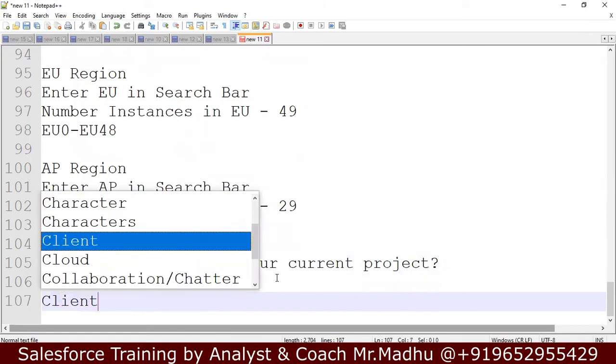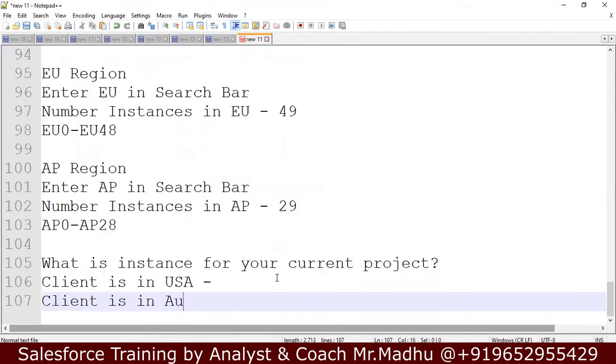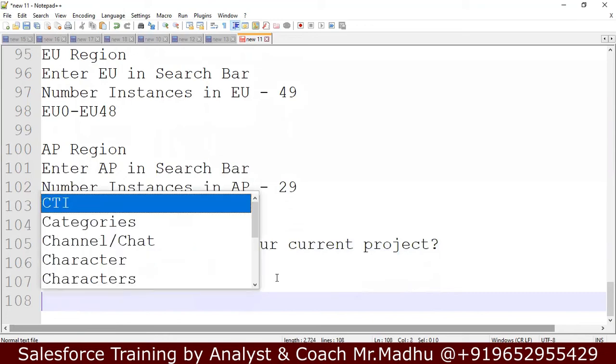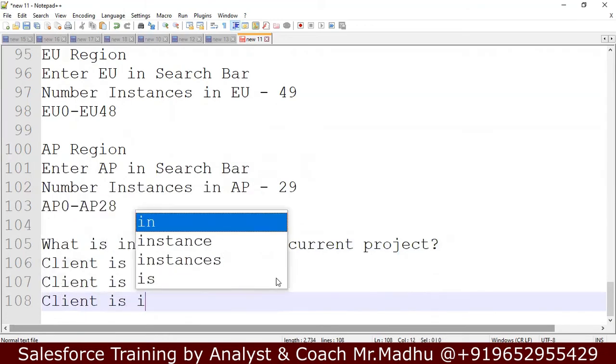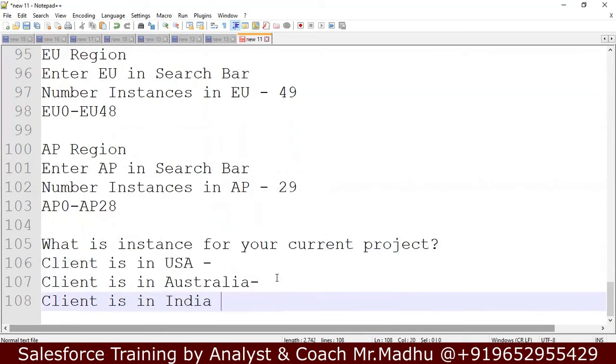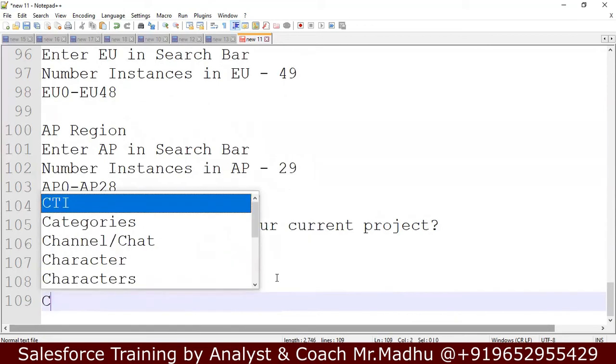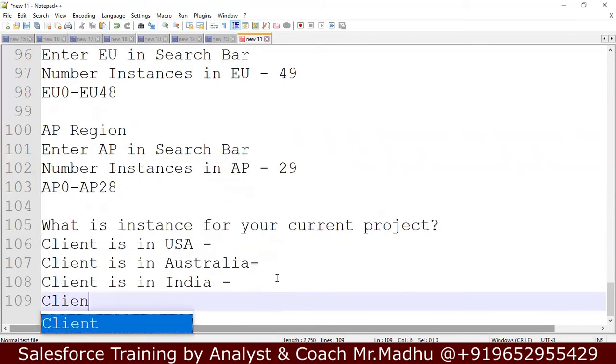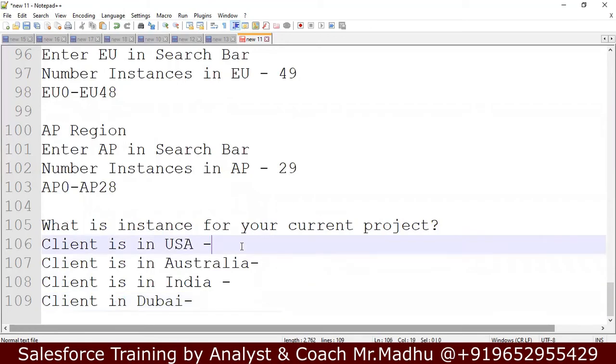Client is in Australia. Client is in India. Client is in Dubai. For these 4 projects, currently I am working for the US project.